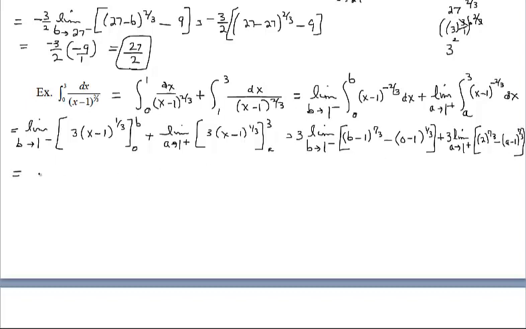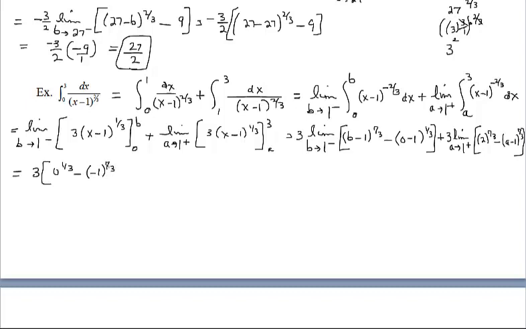Okay, coming down here. 3 times, so I'm ready to deal with this part of the problem. I'm ready to plug in 1 from the left. Go ahead and just plug in 1 and see if it works, and if not, we'd have to adjust and figure out something else to do. But I can plug 1 in here and that just gives me 0. That's really nice. So plugging 1 in here, I get 0 raised to the 1/3, just 0, minus negative 1